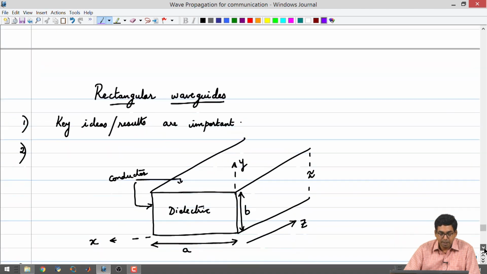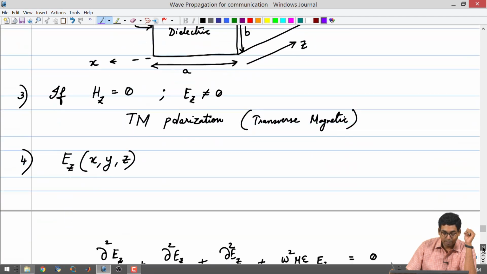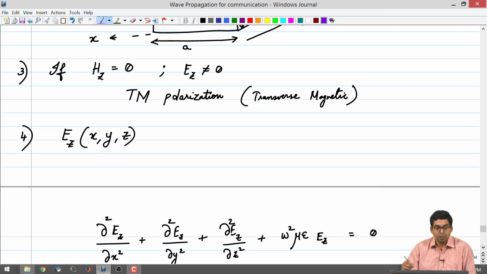So, we had all these derivations for the parallel plate, and we extended this idea to the rectangular waveguides. We had a parallel plate configuration on the horizontal axis and a parallel plate configuration on the vertical axis. Then we used a procedure where we start with the wave equation and assume some polarization configuration. In this case, we used a specific polarization configuration where Ez is not equal to 0 and Hz is equal to 0.